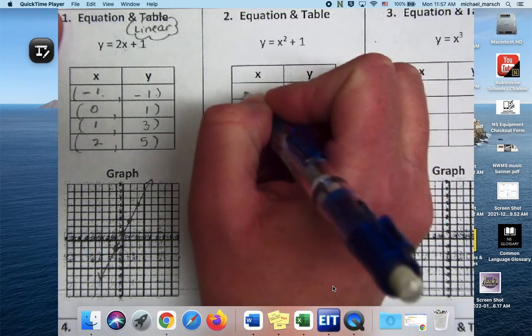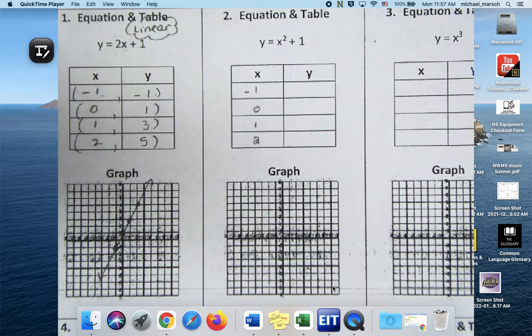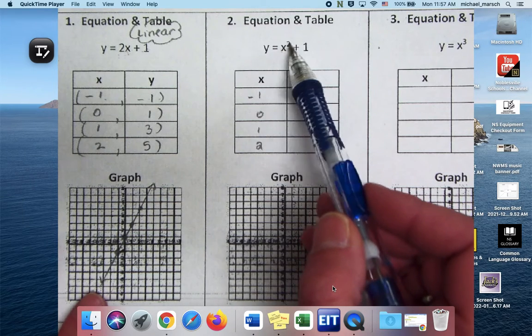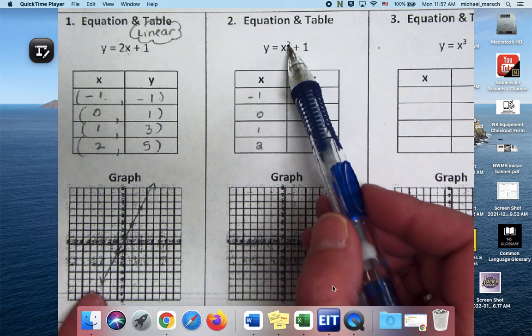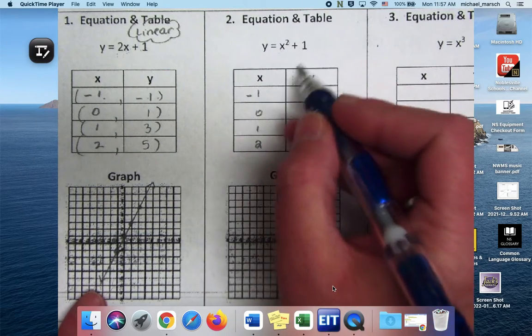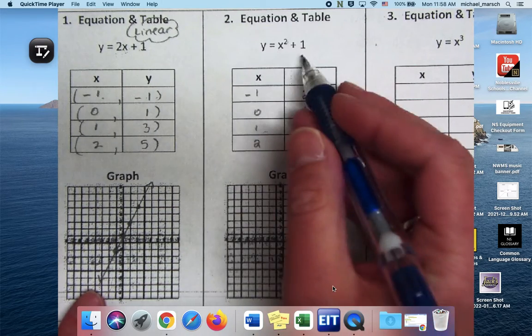We're going to use -1, 0, 1, and 2 again. And I'll explain why we change it up on a couple of them. Okay, so what's -1 times -1? 1, a positive 1, plus 1, 2. 0 times 0 plus 1 is 1. 1 times 1 plus 1 is 2. 2 times 2 plus 1 is